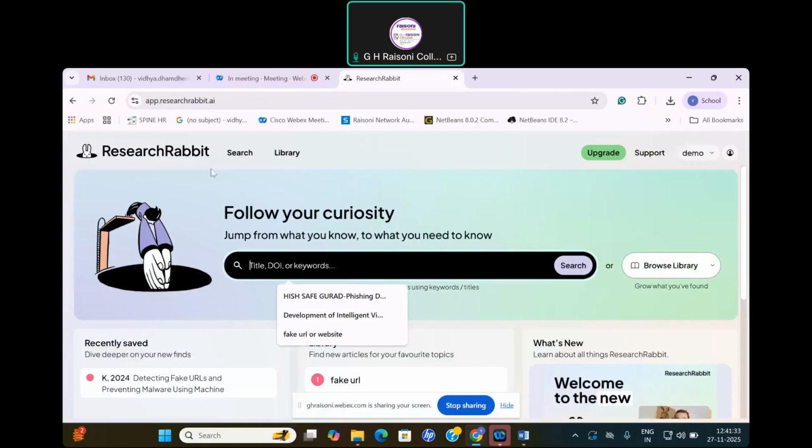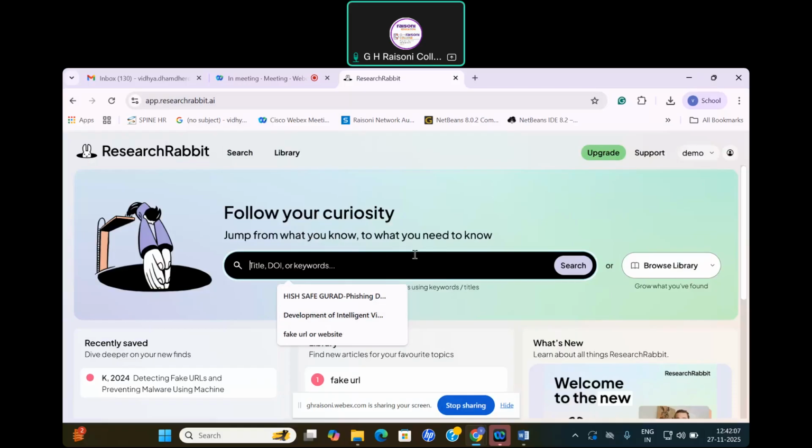Now, Research Rabbit is a research discovery and visualization tool. It is going to find and explore research papers. We can build a visual map of the papers, authors, citations, or discoveries related to the work. Deep literature survey exploration and identification of the influence of research can be done with the help of Research Rabbit, and you can use the free or paid version for students as well as for academic purposes.